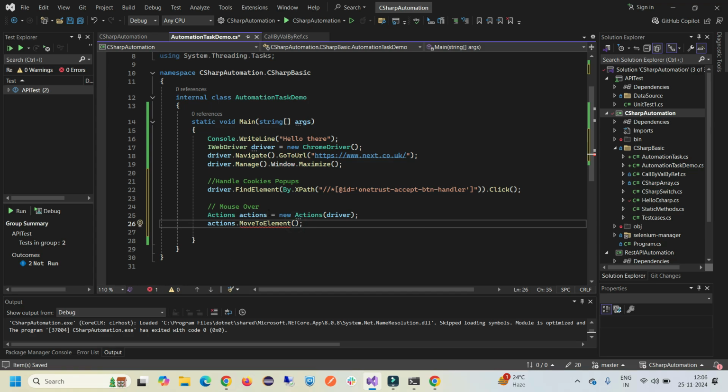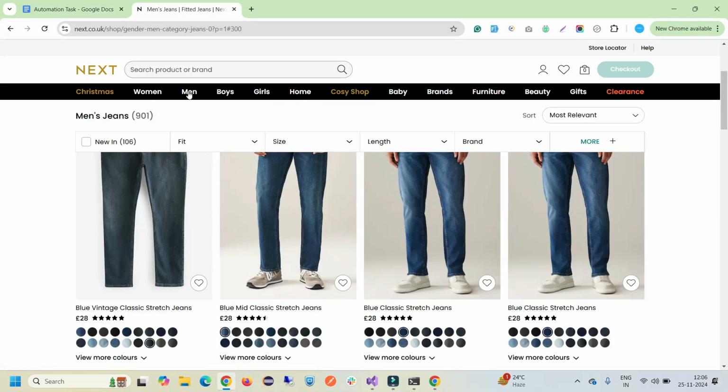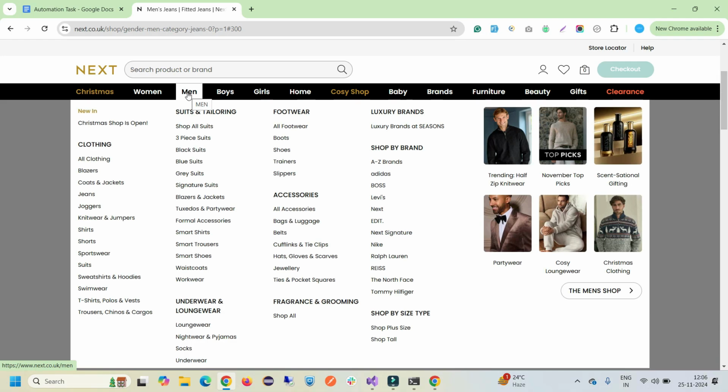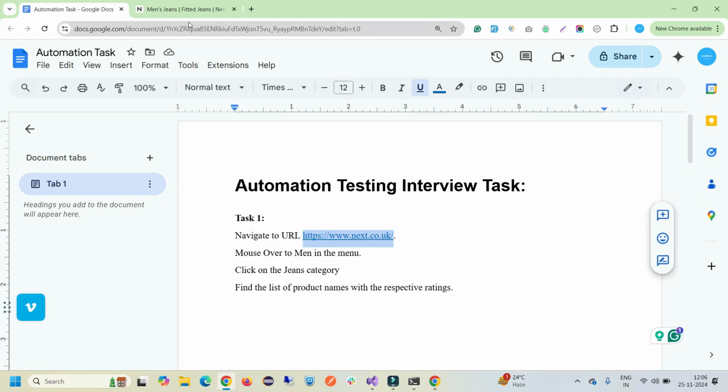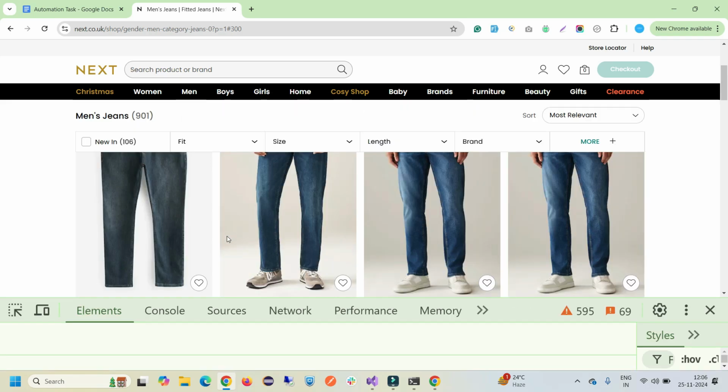the path of the element. So for that let me go here and create XPath for this location. When you mouse over on this, it will redirect you to this pop-up. So let's try to create XPath here. So inspect element,